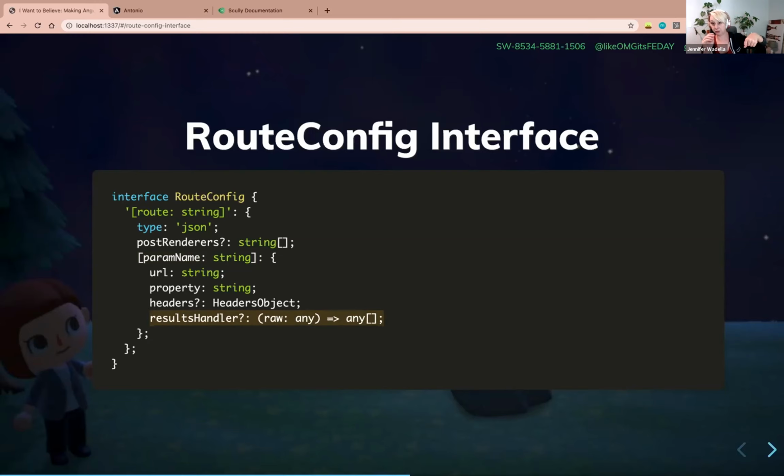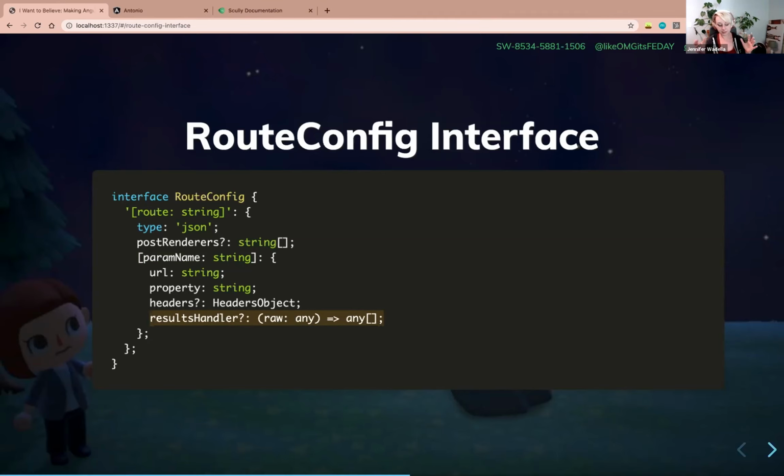So it's going to go hit that. It's going to return a list of villagers. And then I know that I need to create a page for every ID of every villager. So what I can do is return an array of IDs. And then all of a sudden, Scully has instructions. Hey, go navigate villager/1, execute that code. Hey, go route villager/2, execute that code. And there we can dynamically build out our pages based on whatever information.